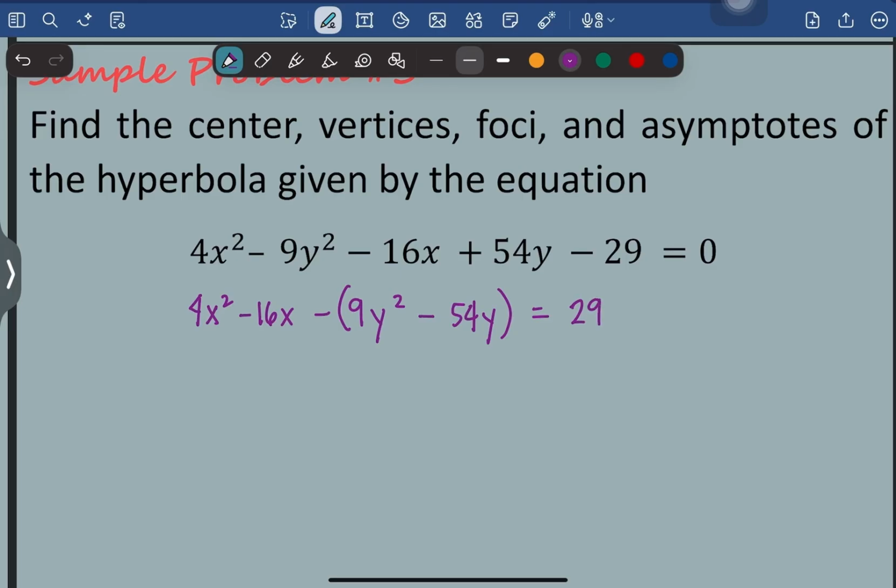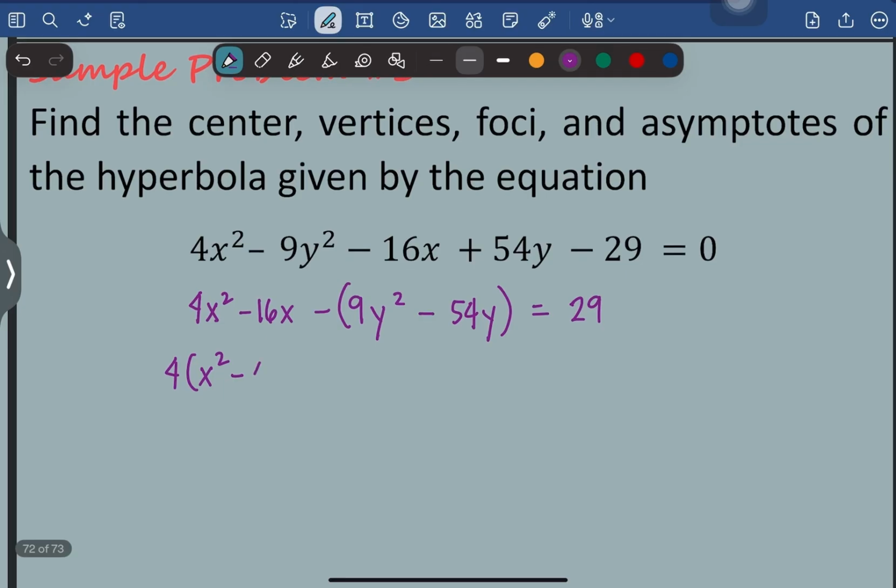Then next is to factor out 4. Since it is divisible by 4, so 4. So 16 divide 4 is 4x. For this one, we will factor out 9 to those terms. So y squared minus 54 divide 9 is what? 6y equals 29. Then by completing the square,